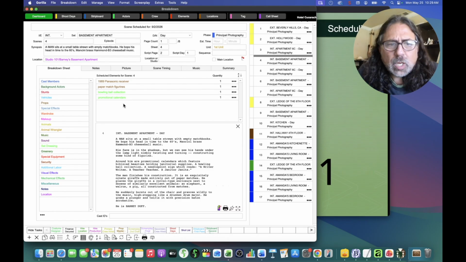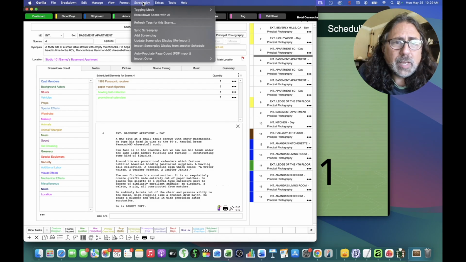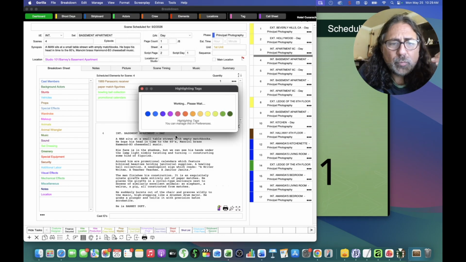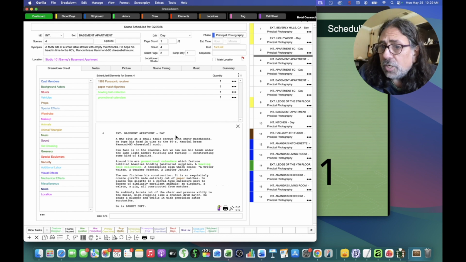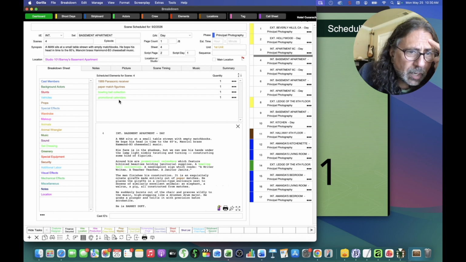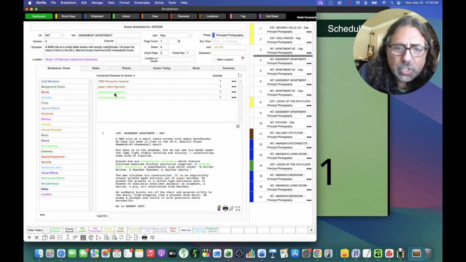If you want to see them color-coded in the Screenplay display, you can go up to Screenplay and say refresh tags for the scene, and it will go through and refresh the tags, and you can see them color-coded here in the scene. Now, bear in mind, we changed a very long one,